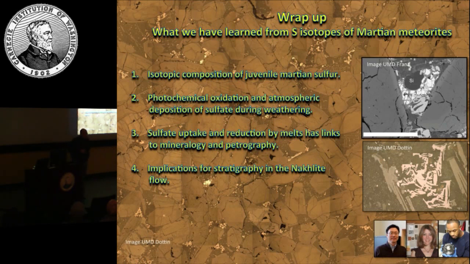Not from the sulfate. The modal abundance of sulfate is something like 0.01%, a little bit less than that. Oxygen is a major element in the silicate, so you wouldn't expect the assimilation of sulfate to shift it. The sulfate in Nakhla itself does have anomalous oxygen, so it does carry an anomalous atmospheric signal in oxygen in addition to sulfur.